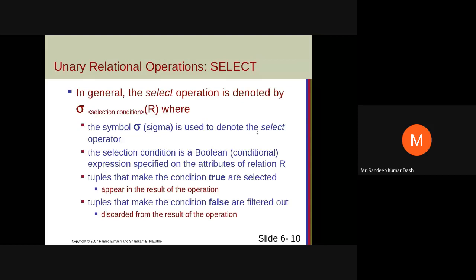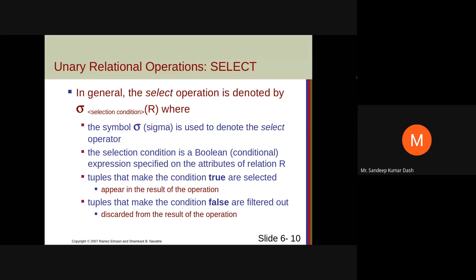So those 7 rows will be selected. Rest 23 rows will not be selected. That's why this is called a Boolean expression. So it checks on the true and false result. For whichever rows the condition is true, those rows are retrieved. Else it will not be retrieved.